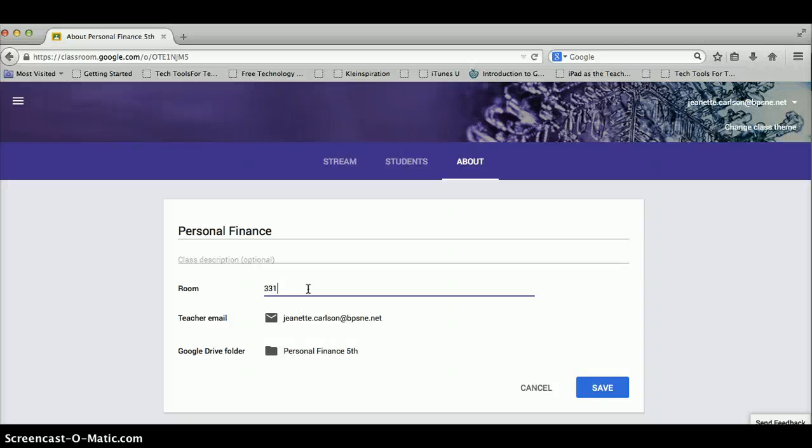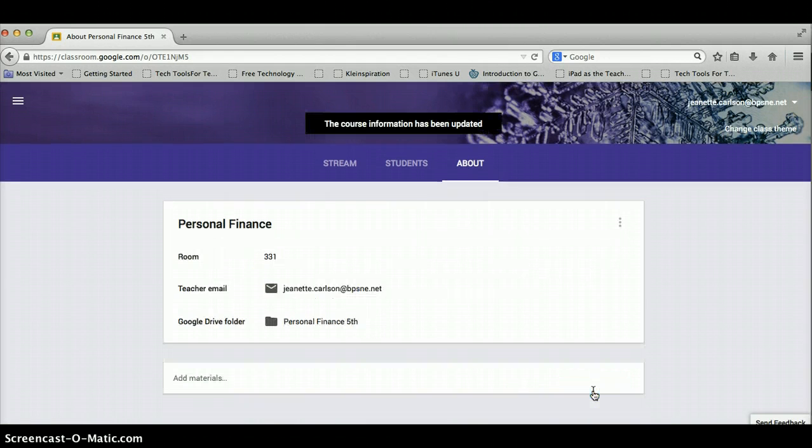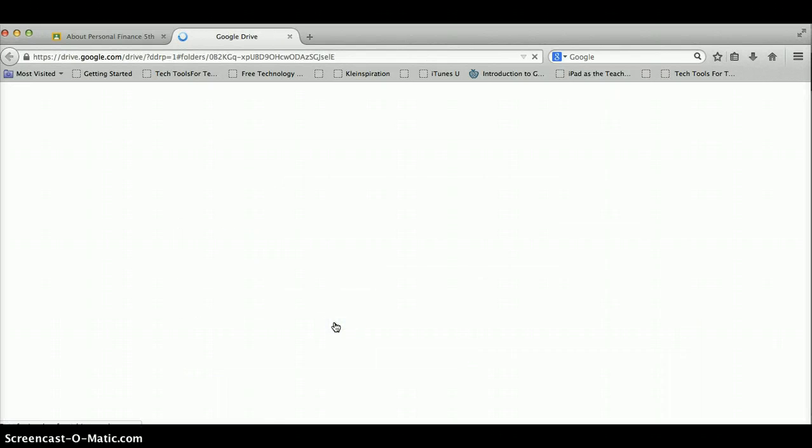So the one great thing about Classroom is that it creates the folders for you. So automatically, if I navigate over to my Drive, and I can do that by just clicking right here, Personal Finance 5th. I'm going to hit Save here first, so it saves that class. And if I click on Personal Finance 5th, where it says Google Drive folder, it's going to take me to my Google Drive,